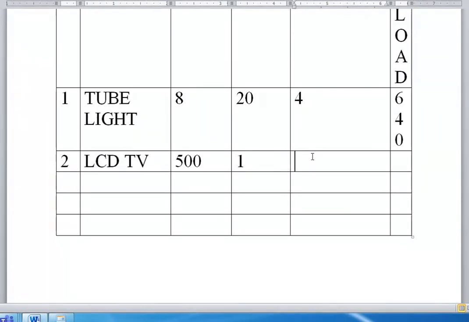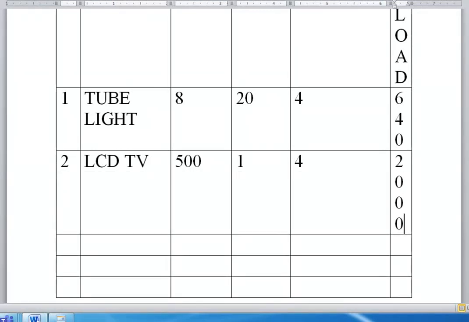what is the total load. That is important. So here also, with all due respect to the family, I'll go for 4 only. So then it will become what? Here, what is the watt hours? That is 5000 into 1 into 4. That is around 2000. So 2000.